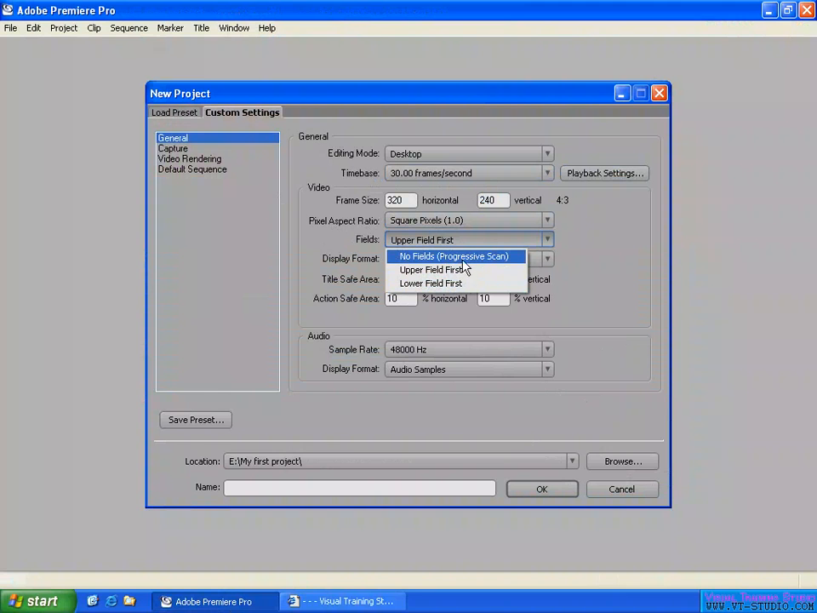For this setting, the field is no field. That means progressive scan. They just display the frame once and do not divide it into two fields to display on the TV screen. And for the display format,